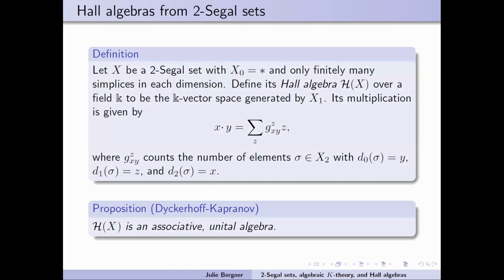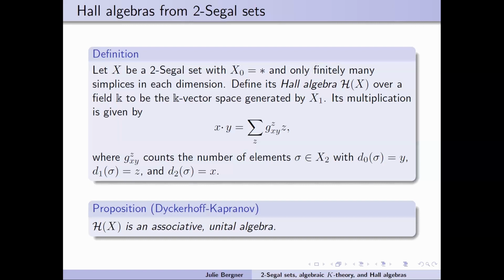All right, so let me give the abstract definition. If I have a reduced 2-Segal set, and let me give a very safe finiteness assumption, which is there are finitely many simplices in each dimension, then we're going to define its Hall algebra, H of X, over a field, whichever field I like, it doesn't really matter. This will be the K vector space spanned by X_1, the one simplices. I'm trying to abstract what we did before. Its multiplication is given by a very similar formula. If I have an x and a y, these are one simplices, I take a sum over all possible one simplices z, with a coefficient,